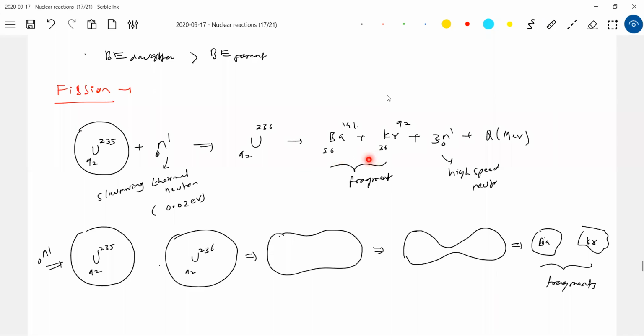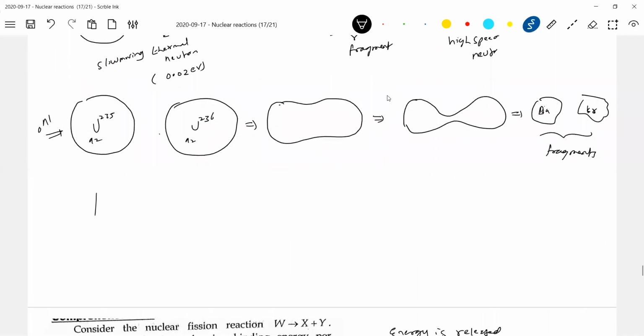It all depends. Don't say that most of the fragments are barium and krypton; it's not like that. The most popularly used in the book is this one, that's why we are showing it in terms of that. Some books show 2 neutrons, some show 3 neutrons. This neutron is captured by this one. Next, we want a chain reaction. I can't send one thermal neutron at uranium 235. Can I isolate one atom? Not possible. Usually what we get is a uranium substance, a uranium block, which is uranium ore.